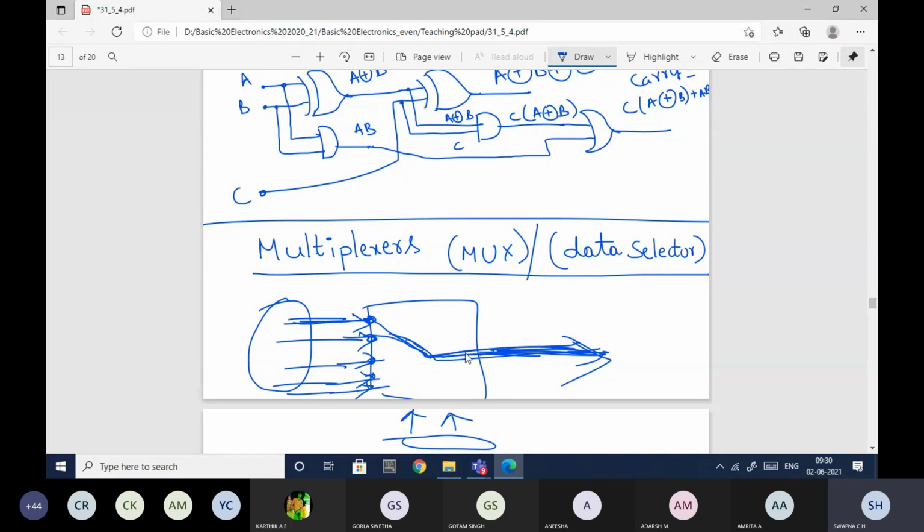This single output line will select the information from the first, second, third, fourth or fifth information source. Whatever it selects, the information will be passed through this single output itself. That is the use of a multiplexer.